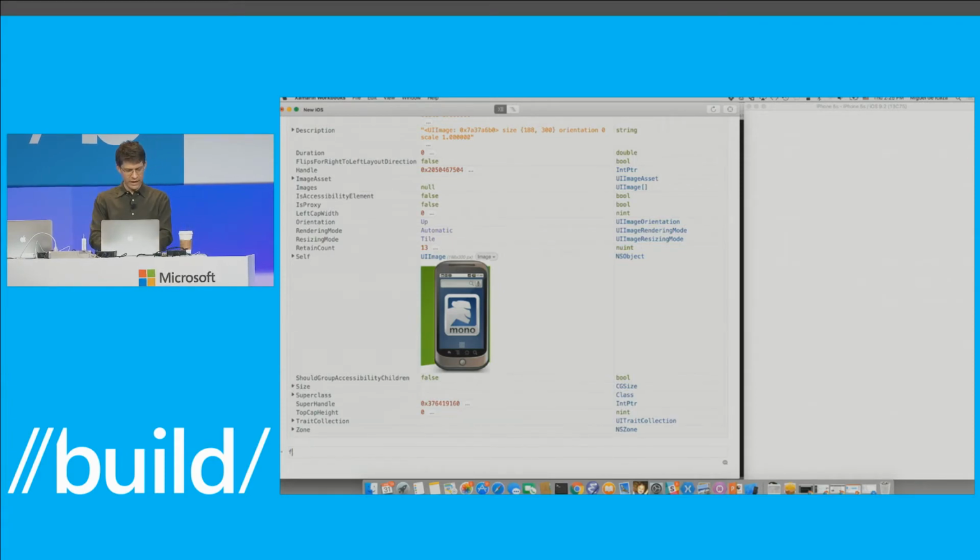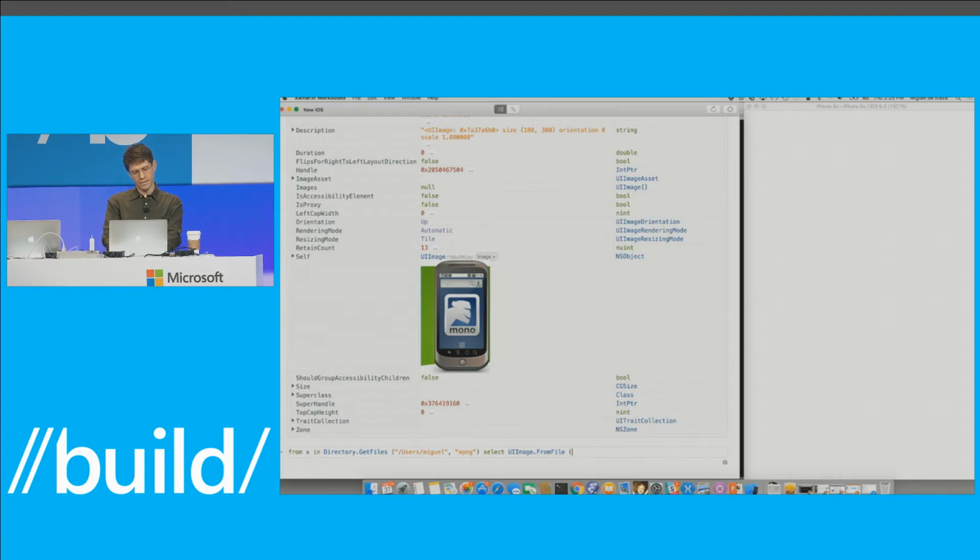Now, let's live life dangerously. So let's do this. So Users Miguel. Select new UIImage from file, x.